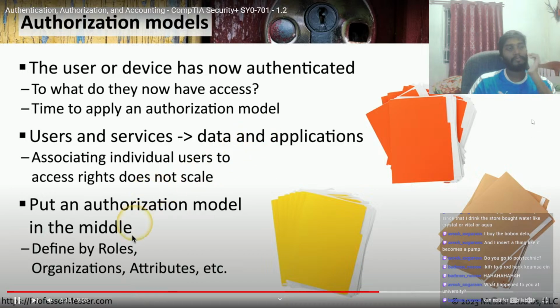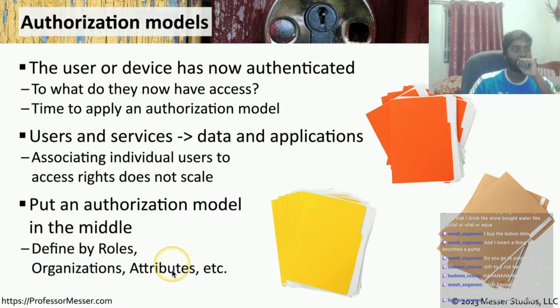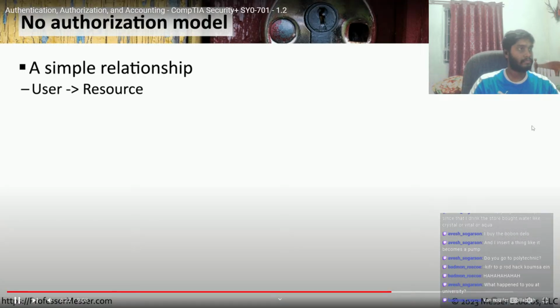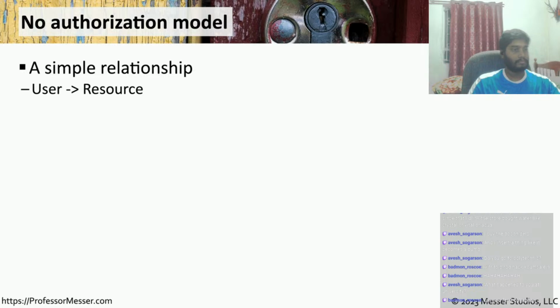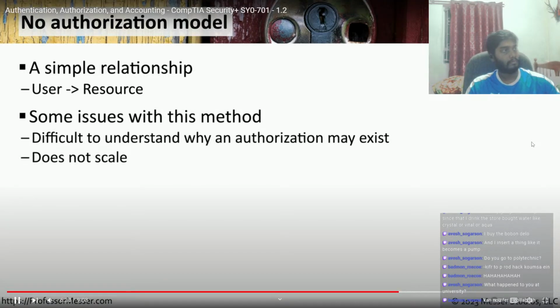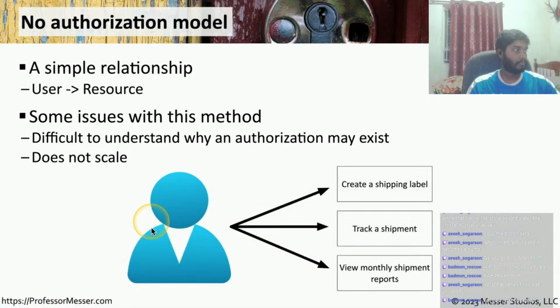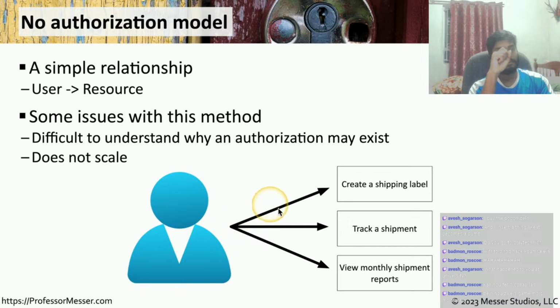These are commonly defined by roles, organizations, attributes, and many other types of characteristics. Let's say that you had no authorization model at all. We would create a series of rights and permissions where the user has rights to access the resource. The problem is that this doesn't scale very well. Let's take an example of somebody in the shipping and receiving department. This is someone who needs access to a large number of systems, a lot of data. Maybe there's tracking information, shipping labels, databases of customers, and we would create